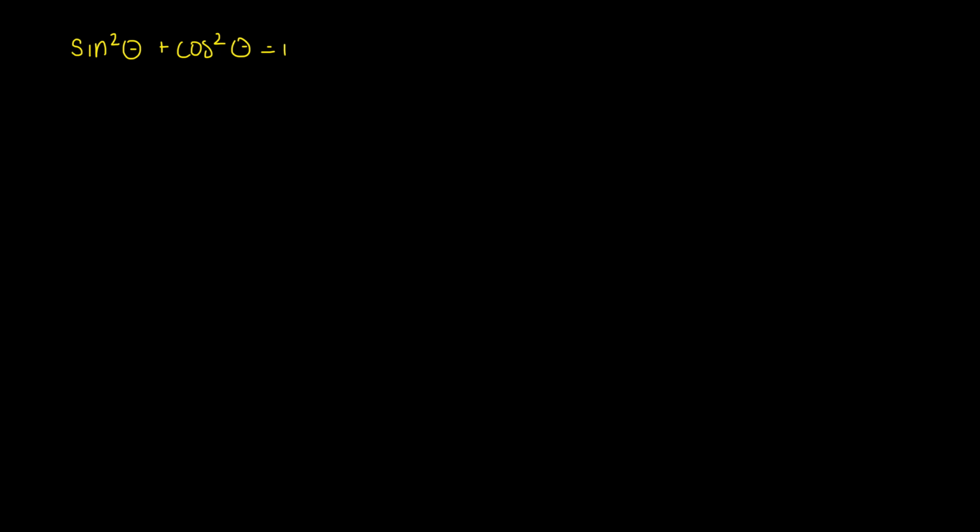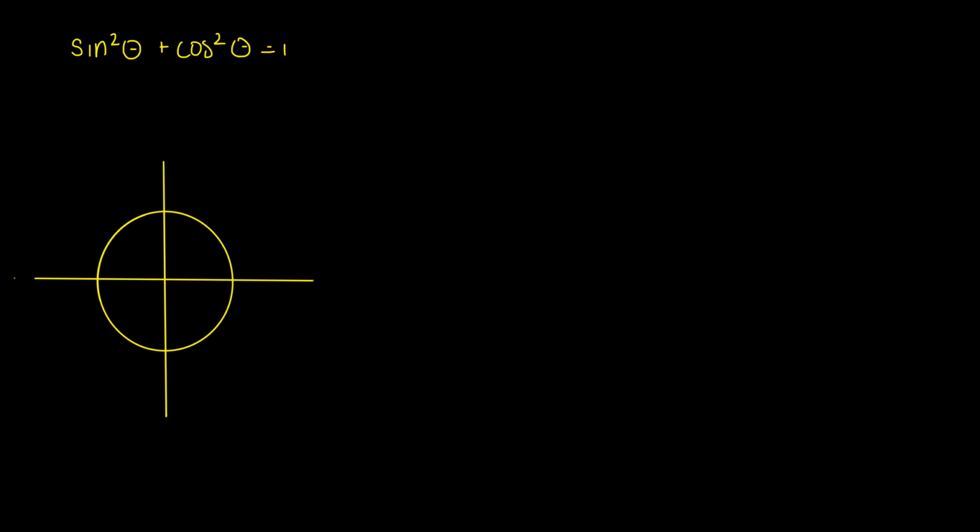And again, the whole reason that this does equal 1 is if we go back to our unit circle, and we have some angle here, and then let's say we produce a triangle from that going down. This right here is still the radius of 1. This is x and this is y. So for Pythagorean's theorem, we'd have x squared plus y squared equals the hypotenuse squared, or 1